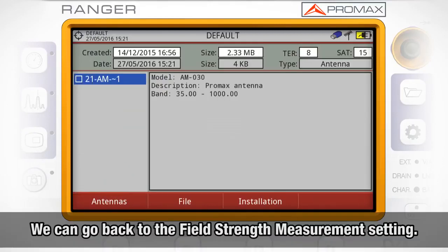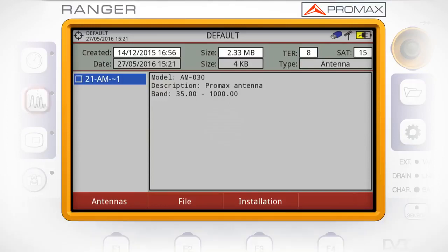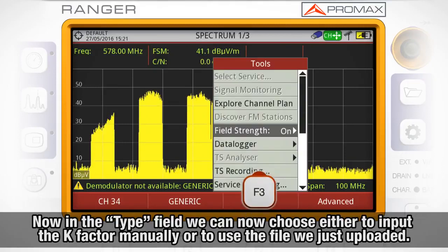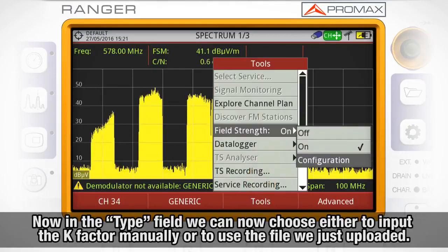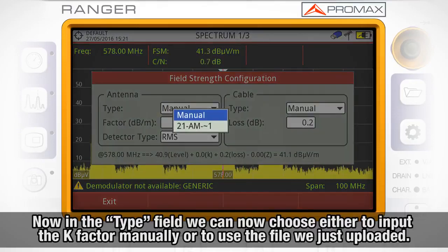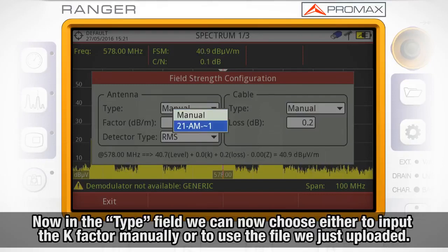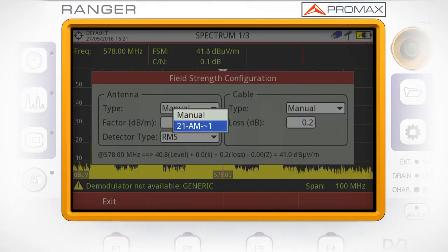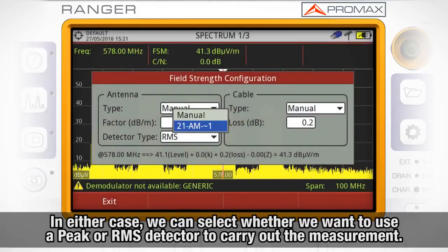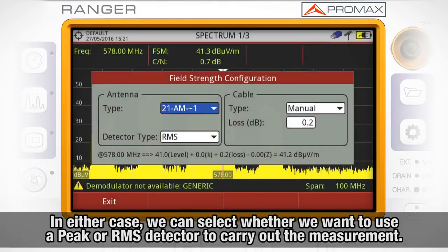Now we can go back to the field strength measurement setting. There, in the Type field, we can now choose either to input the K-factor manually for the currently tuned frequency or to use the file we just uploaded for the AM030 antenna. In either case, we can select whether we want to use a peak or RMS detector to carry out the